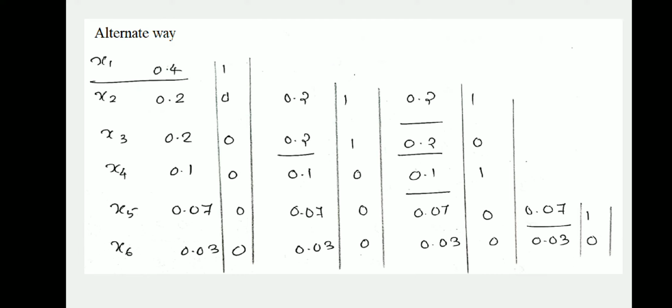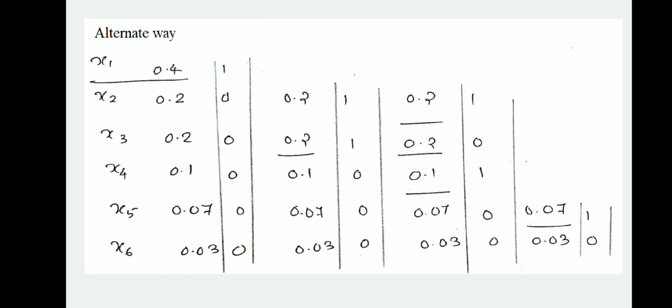Then x2 finally is coded as 1 and x3 as 0, and the remaining group we again divide into x4 alone and x5 x6 together. Finally we divide x5 and x6, giving 1 to the upper portion and 0 to the lower portion. You can also use 0 for the upper portion and 1 for the lower portion, but you need to use the same procedure for all the coding.